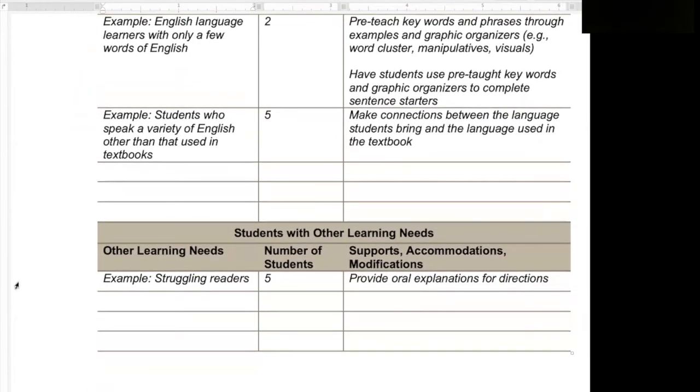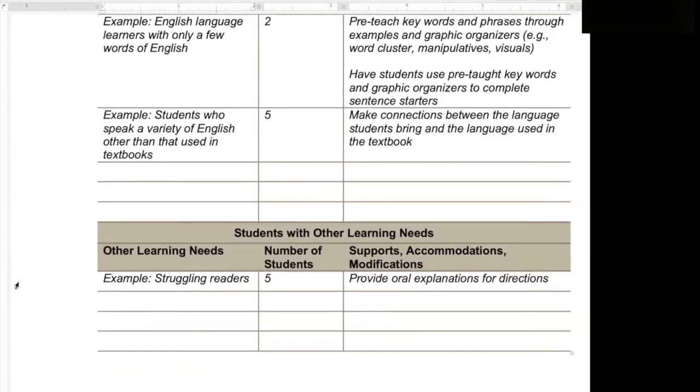This is where you can put down students who are struggling. They're struggling academically. They may be struggling readers, or there are other things that they are struggling with, or they're continually absent. How are you helping them? How are you supporting them, making accommodations and modifications for your students? These are your best things that you can do to help the student along.